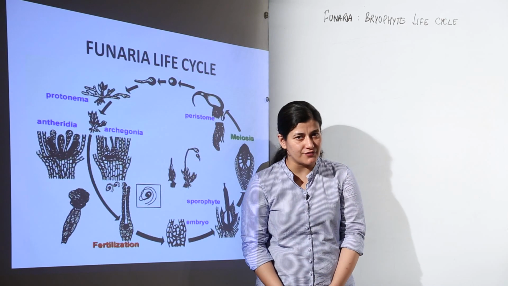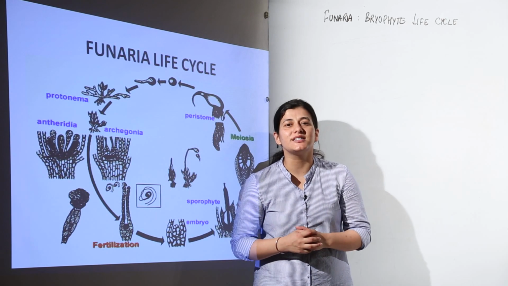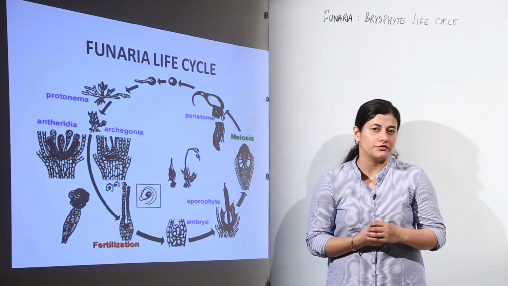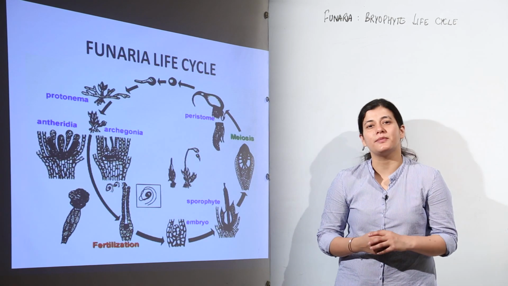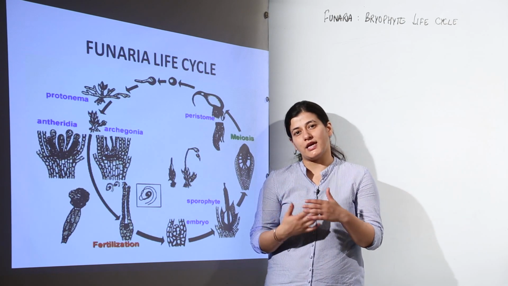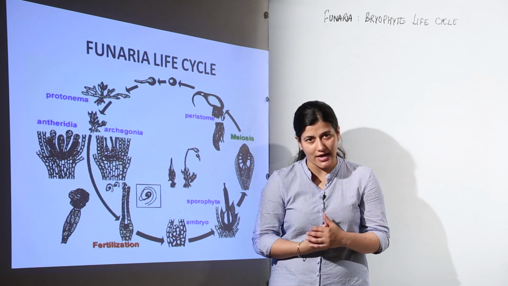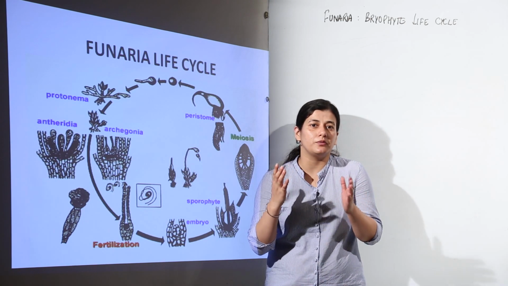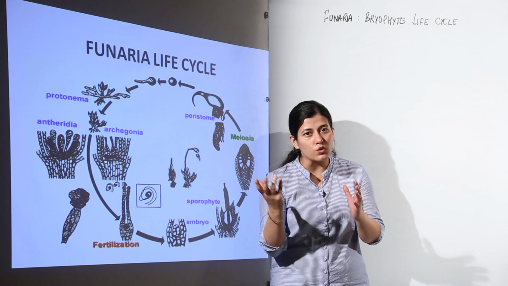This is a typical bryophyte that we study for understanding the alternation of generation. Now, you know what alternation of generation is because we have discussed it. Next, we are going to see, from the point of view of its life cycle, the various stages it has, how it alternates between haploid and diploid throughout the plant's life.